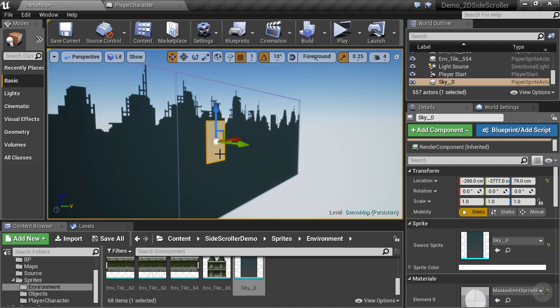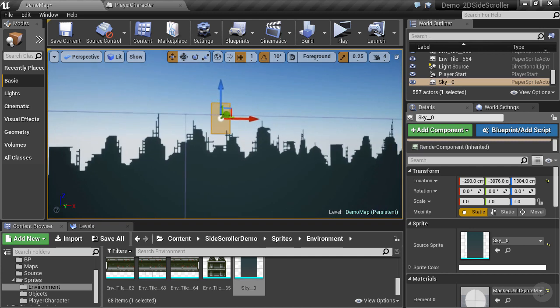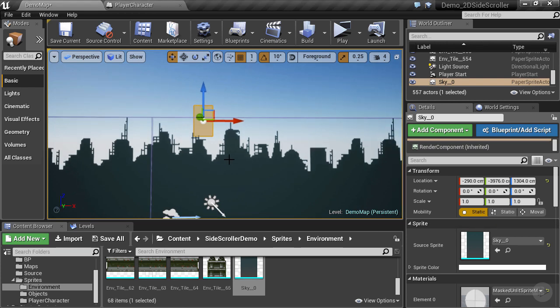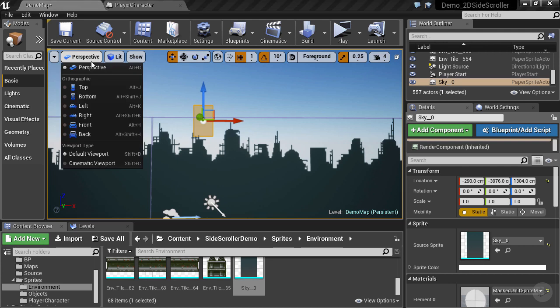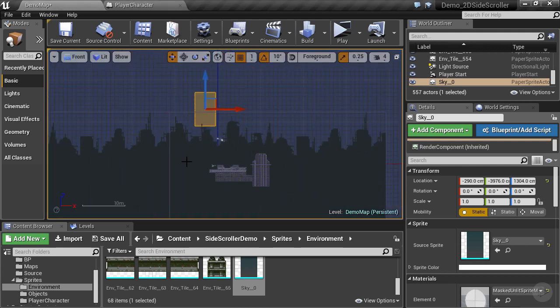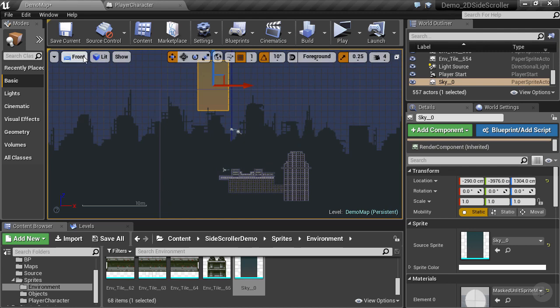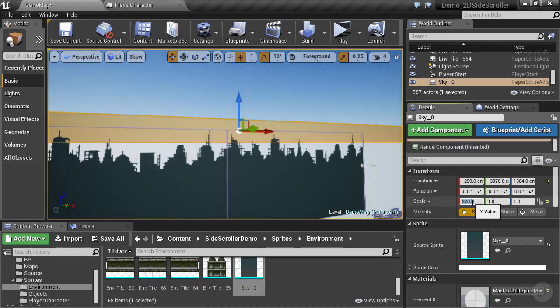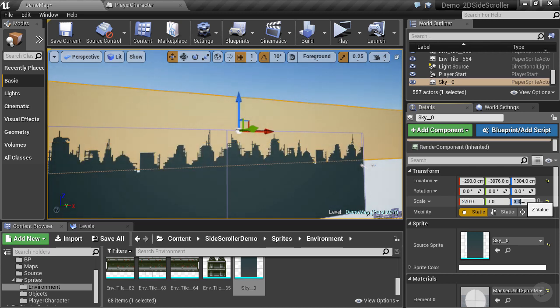So we'll drag the sky in here. Now the sky we want to be a backdrop behind the overall skyline here. That's the silhouette of the skyline that's showing. And we're going to scale this way up too. So let's see here. Actually, let's see if we look at this from the front, if this helps us at all. Not much, it's pretty dark. We'll just stay in perspective mode for now. And we're going to scale this really long, which is fine, and also pretty tall. Let's see, that should be okay. We're going to move it up